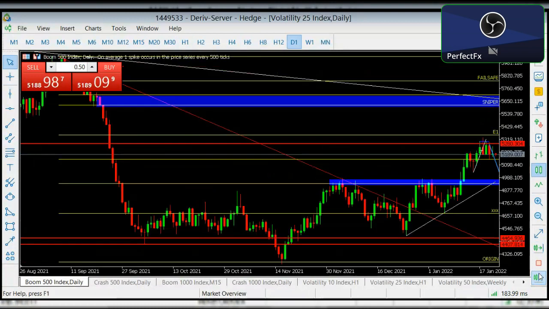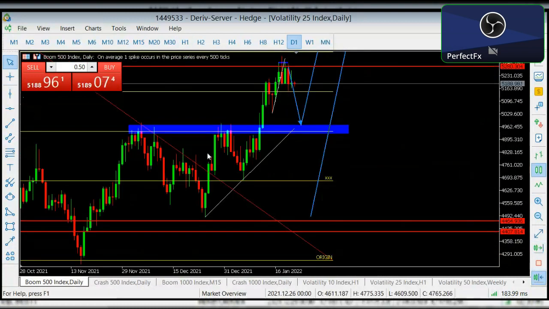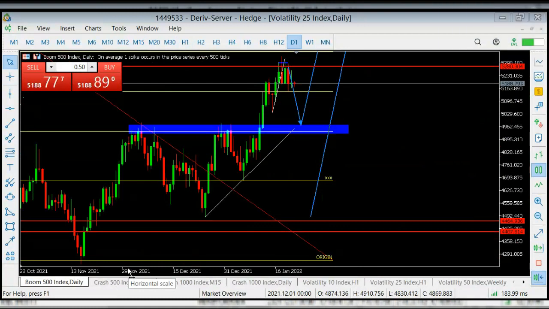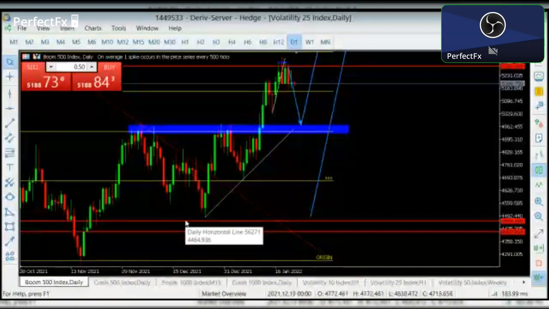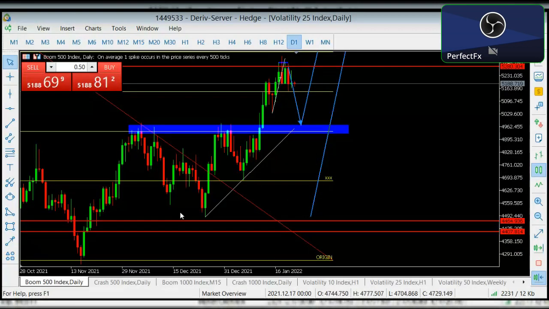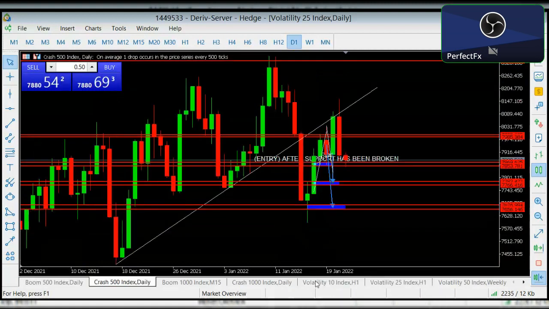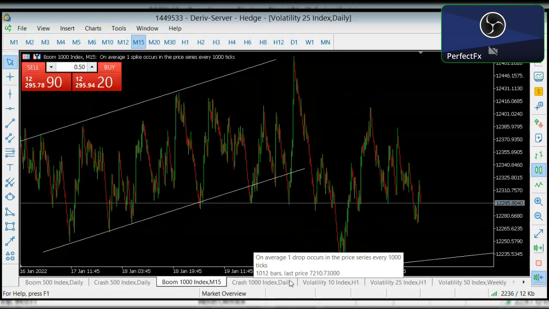Don't always feed them with buys and sells. We drop analysis and ensure that they also go to their books, go to this chart, and analyze so that they can also gain one or two from the market. So we immediately drop analysis on the free Telegram group, and once in a while we drop signals which are 70 to 80% of the time, up to 85% of the time, profitable signals. So guys, that's what we did.